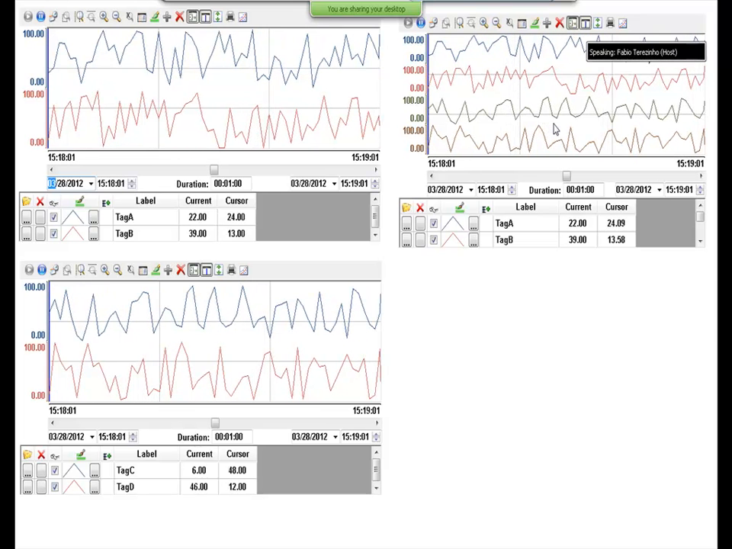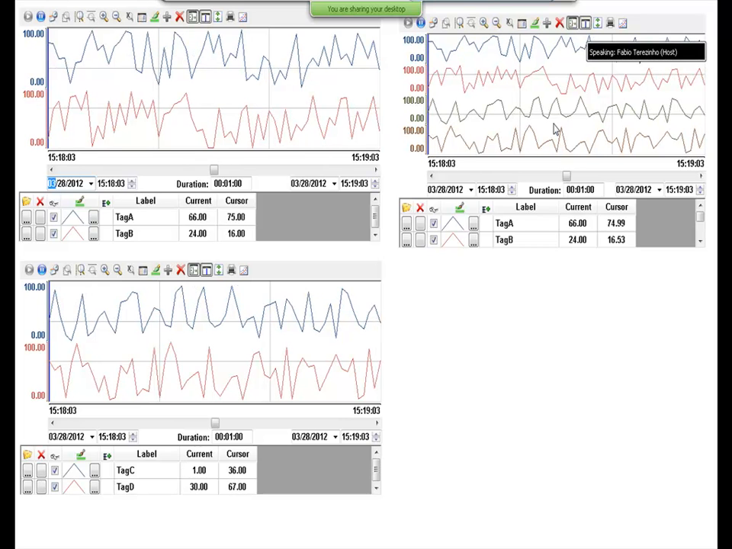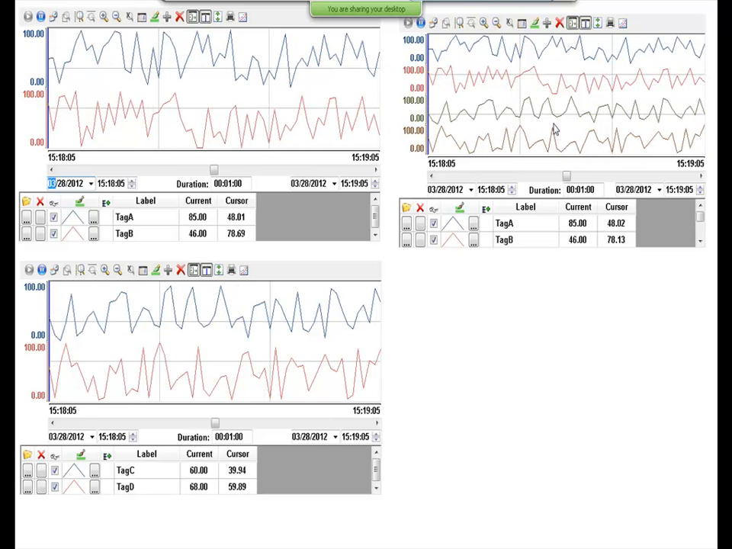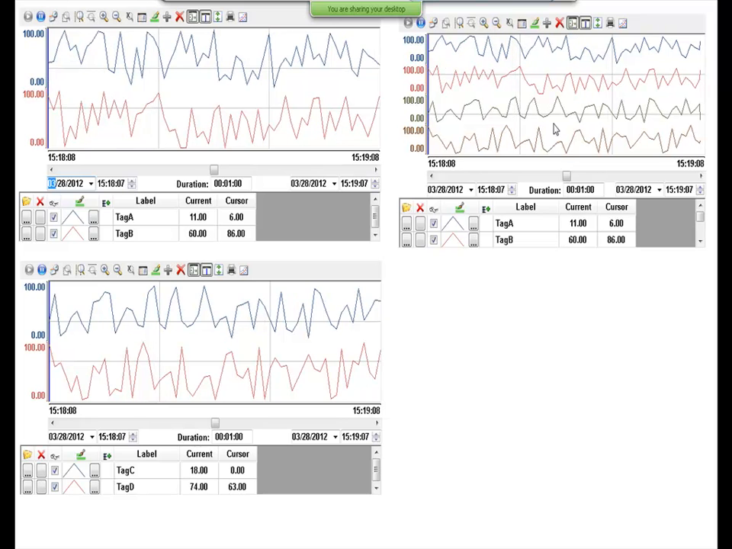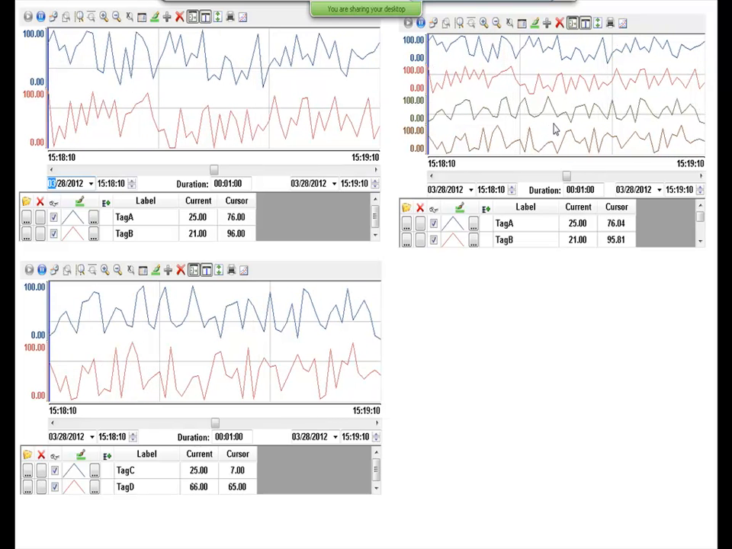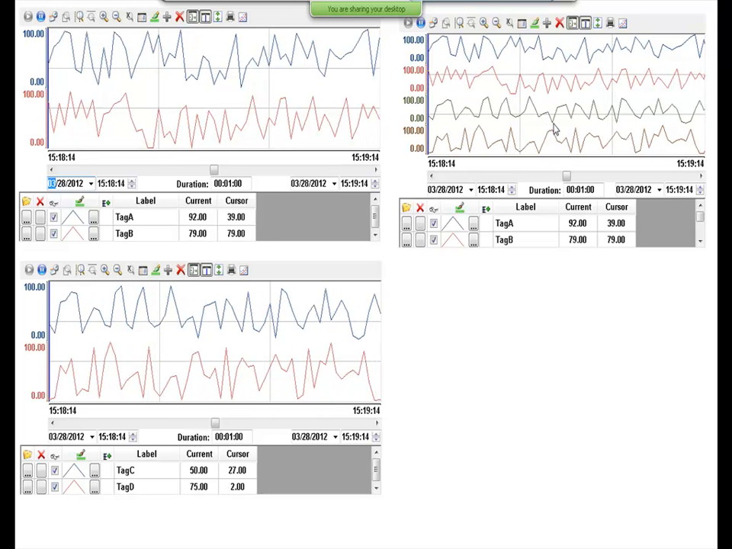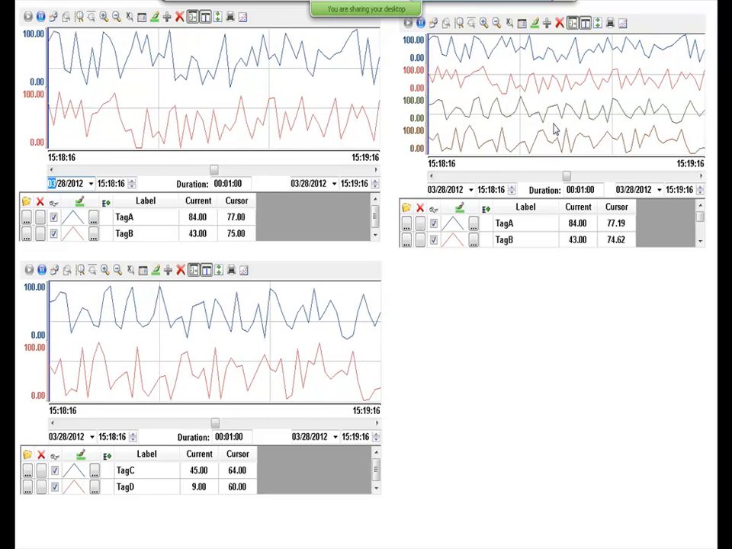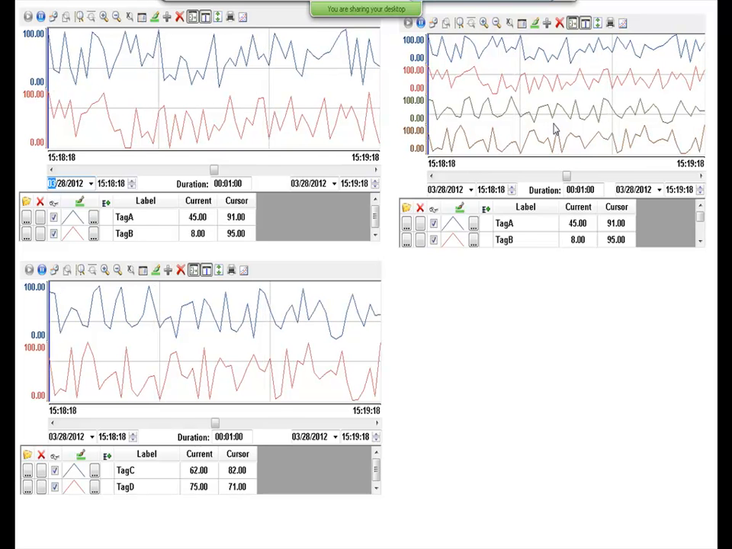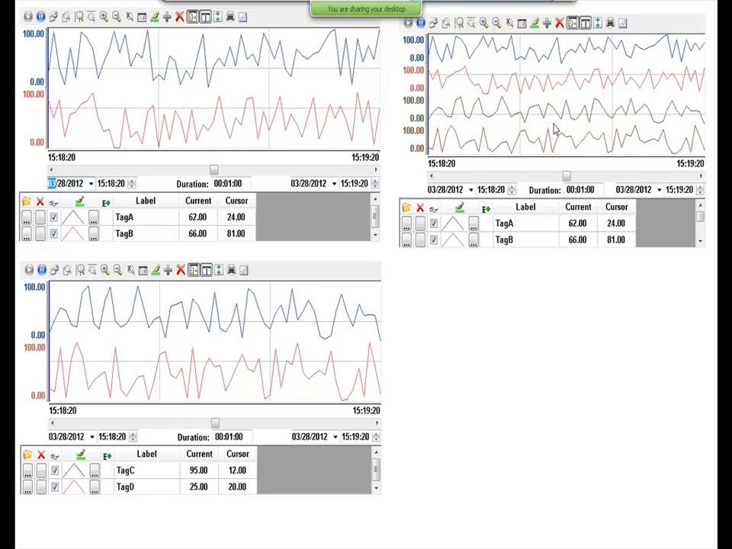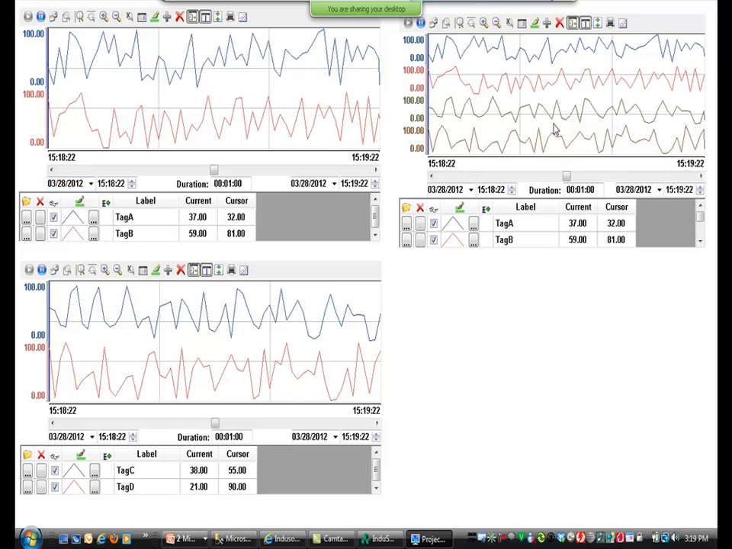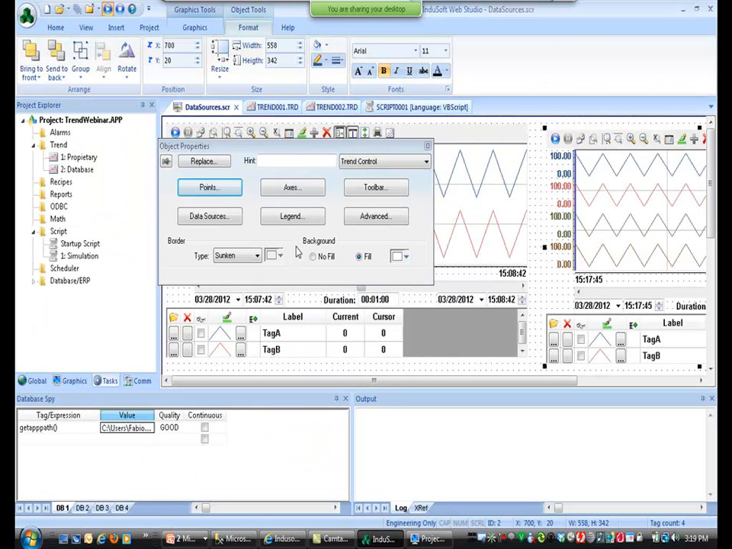Now, when you link tags to the trend control, we can display online data and history data, but sometimes you want to display history data on the trend control and you do not want to link to tags. You want to read directly from a database created by other system, or even from a text file like a CSV file created by other system. So I'm going to do a quick